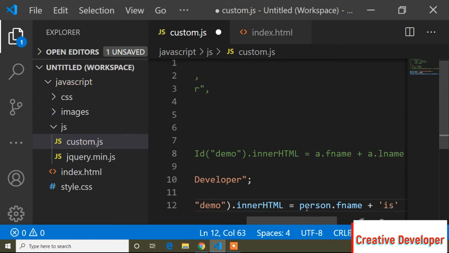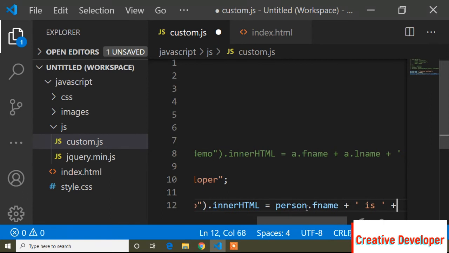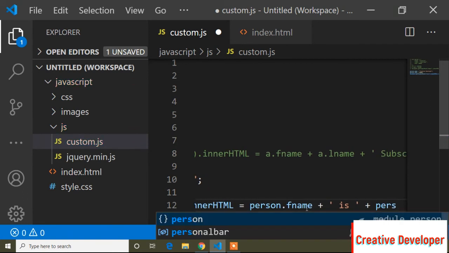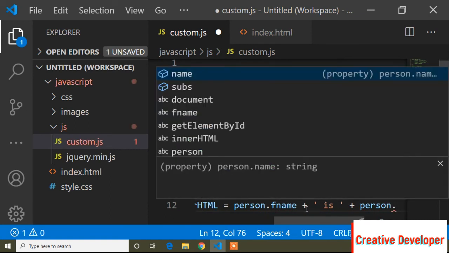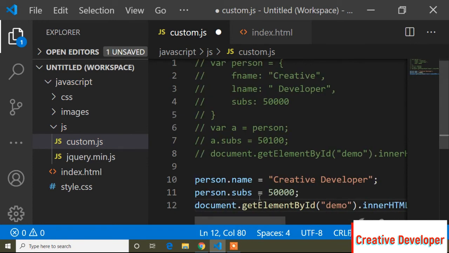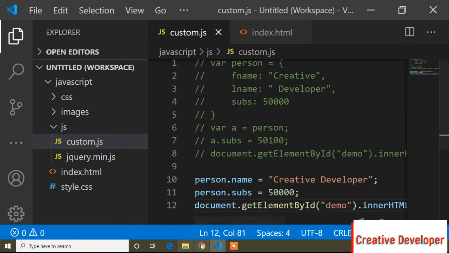So the string value is, and here I will add space and add space, and now plus, and here person dot subs, because I want to print these subs, and now semicolon. And now if I go to the browser,